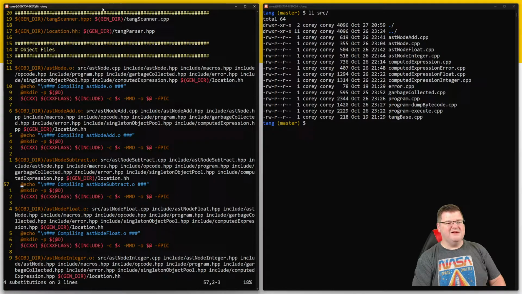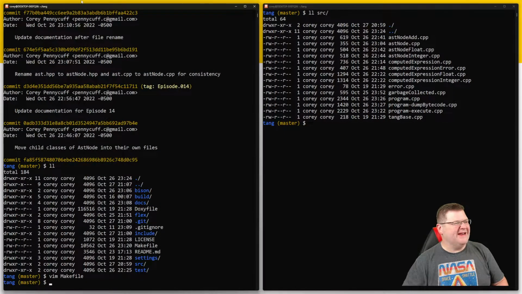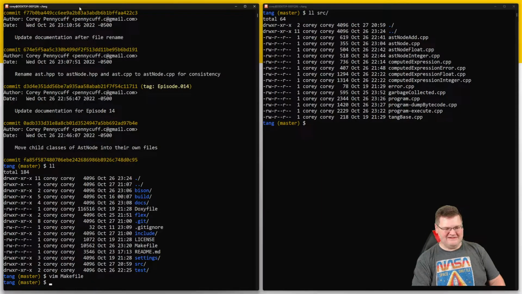Yes. Okay. So now we've got node subtract compiling, AST node subtract. I'm happy about that. Okay, we are going to quit while we are ahead, and should be able to use that in additional stuff here. So now,